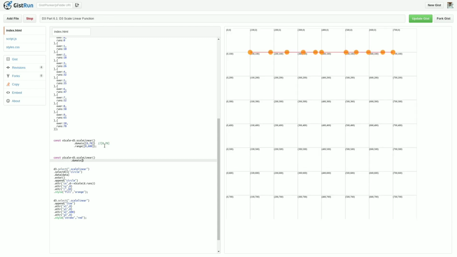Here I want to convert over into pixels. Our over is between 0 to 10. Now I want to convert this over into the range, that is the height of this SVG. We have the height available up to 700 and it starts from 100, so a total of 600 pixels of height is available. So I will use the minimum range 0 and the maximum range 600.